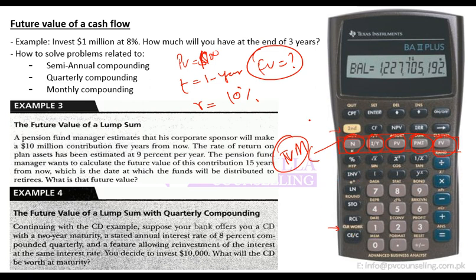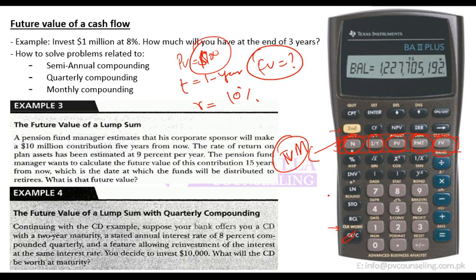Now you move on and start entering values. Remember, how you enter in a financial calculator is first press the number, that is do 100, and when you see 100 on screen, then you press N. When you press N, this 100 gets stored into N. So remember, you do not need to press N first and then the number. If you do that, it will go wrong. First put the number on the screen and then press N, and it will get stored into N. Now do not press N again when you see any other number on the screen. Just press clear work and come back to the screen.